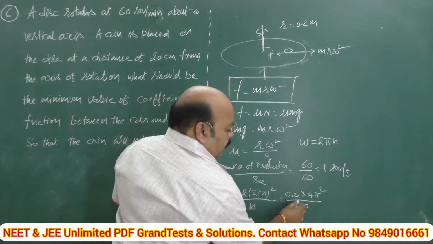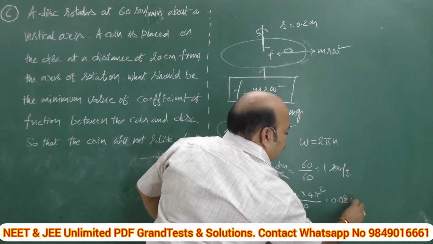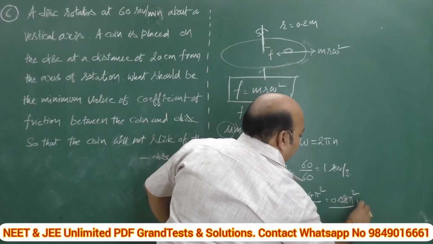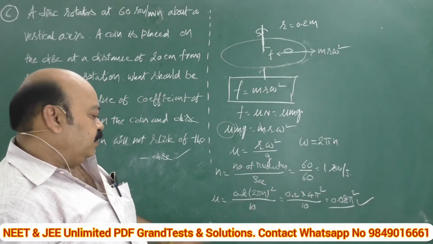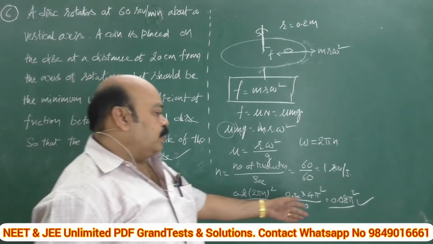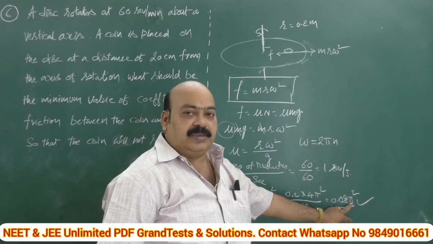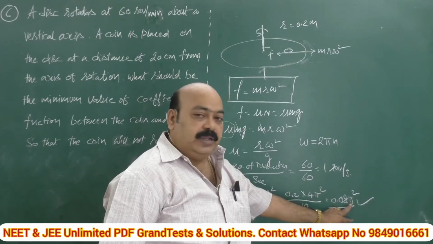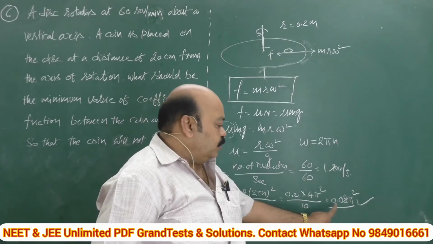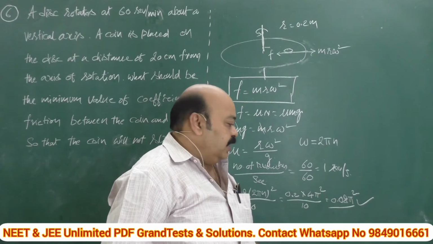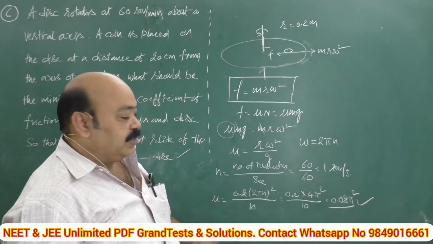So it is nothing but 2 pi whole square, nothing but 4 pi square, divided by 10. So it is nothing but, one decimal goes up, 0.08 pi square. The options are in terms of pi. That's why you leave it as 0.08 pi square. This is the coefficient of friction. If you are interested, no problem, you can substitute the value of pi, 3.14 whole square, otherwise 22 by 7 whole square. Shall I give one more hint for you? Approximately you can take this pi square value as 10 in the competitive examination. So 0.08 into 10, nearly the option is 0.8. That is nothing but the coefficient of friction.